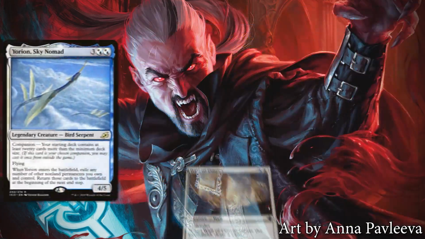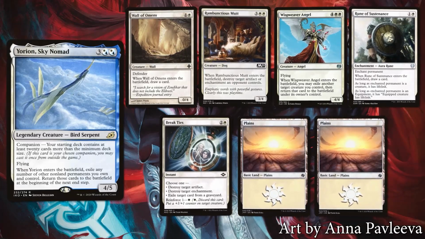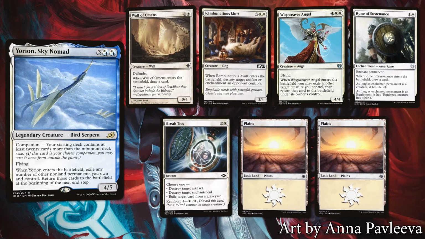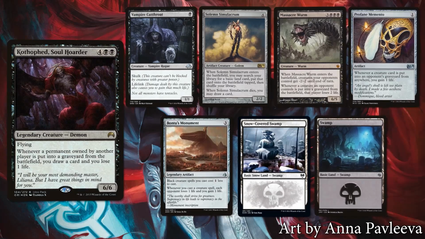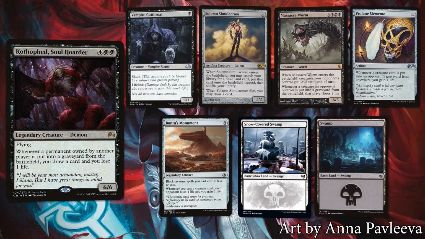Xynam's opening hand contains Wall of Omens, Rambunctious Mutt, Wispweaver Angel, Rune of Sustenance, Break Ties, and 2 basic Plains. MJ's opening hand contains Vampire Cutthroat, Solemn Simulacrum, Massacre Worm, Profane Memento, Bantu's Monument, a Snow-Covered Swamp, and a basic